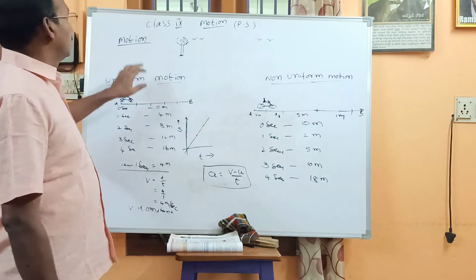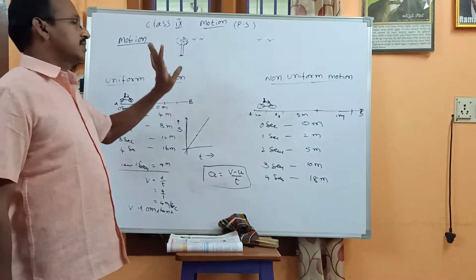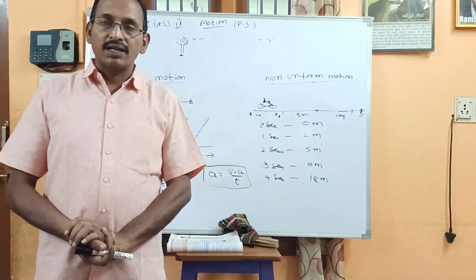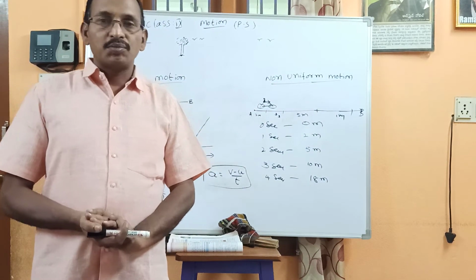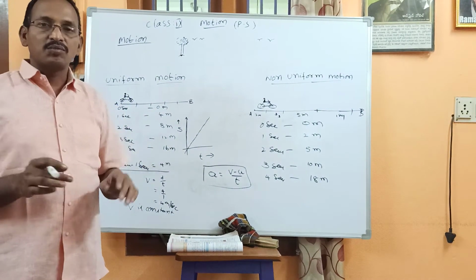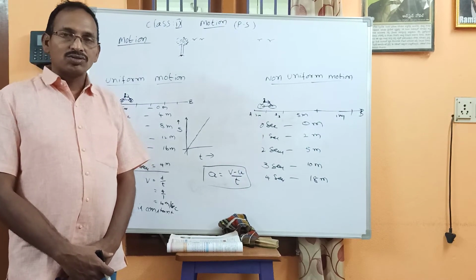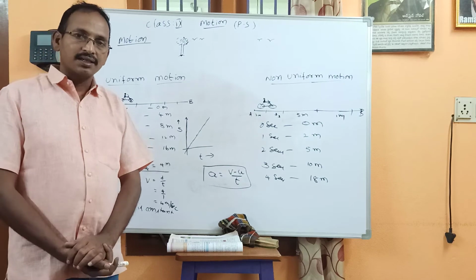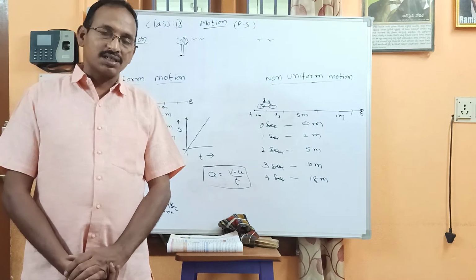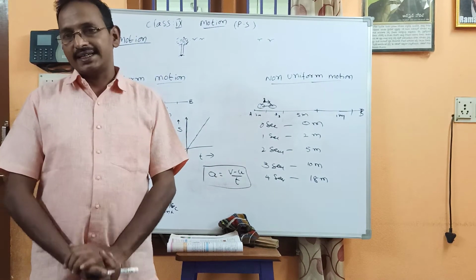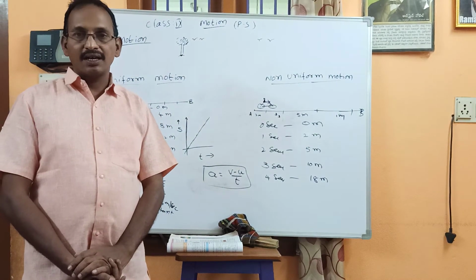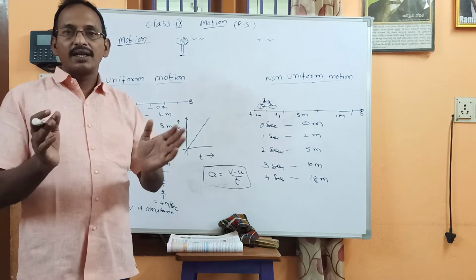The simple definitions. Motion and rest. If any object does not change its position with respect to time, we can say that object is at rest. Suppose any object changes its position with respect to time, you can say that it is in motion. Motion is relative, so you have to compare with other things, then only you can say that. We have so many relative terms in physics, like day and night, left and right. These are relative, so it changes from person to person. Some examples are also given in your textbook on the first and second pages. They are very simple examples, and you can understand what relative terms are.